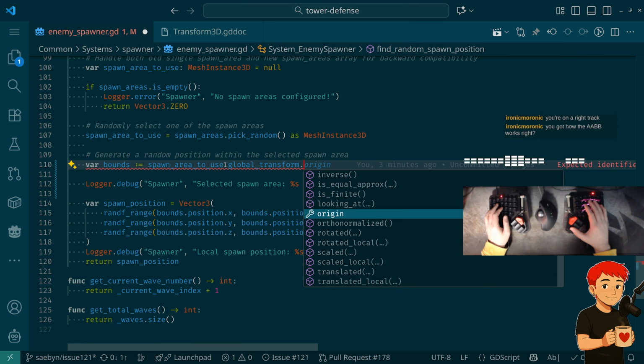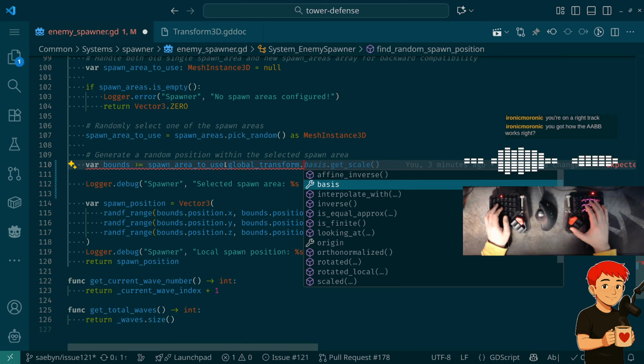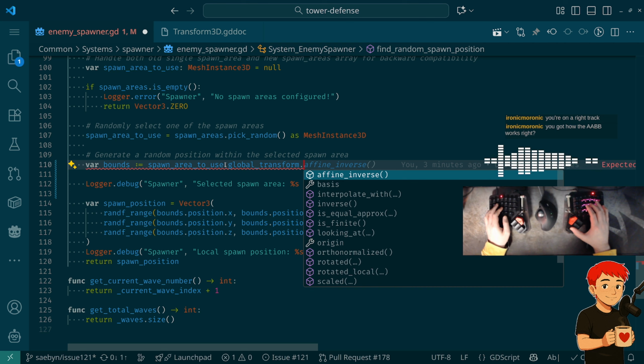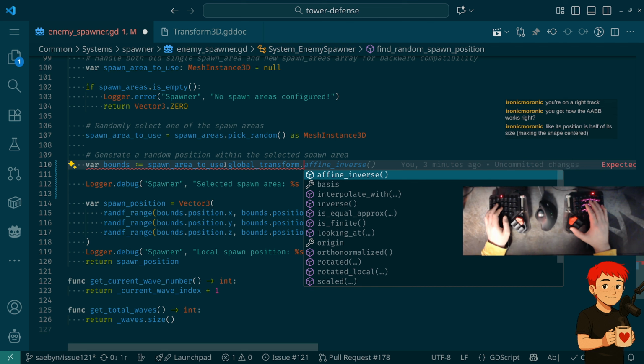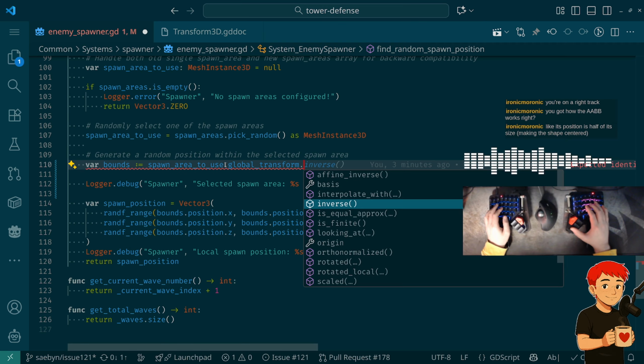Not exactly. I wish I could just click the method and see what it's actually doing. Sadly, generally when you click on things, it just shows you documentation, which is good, but